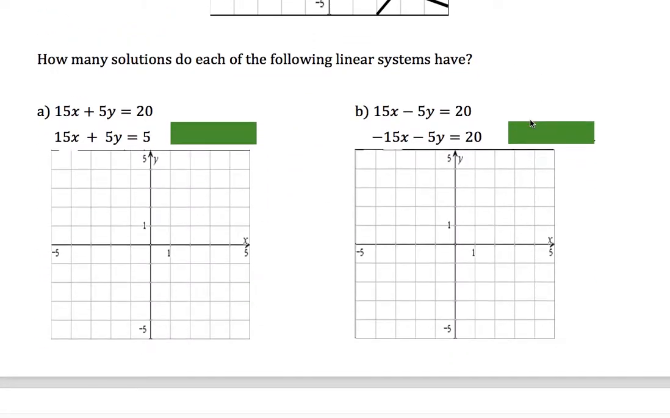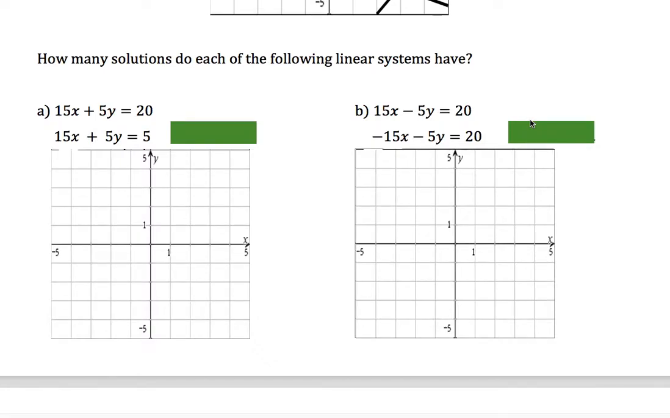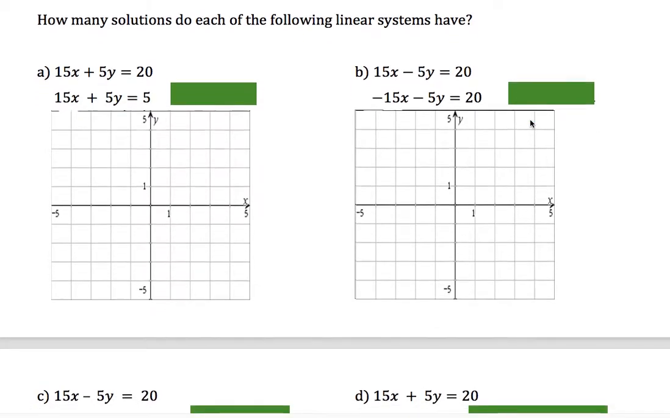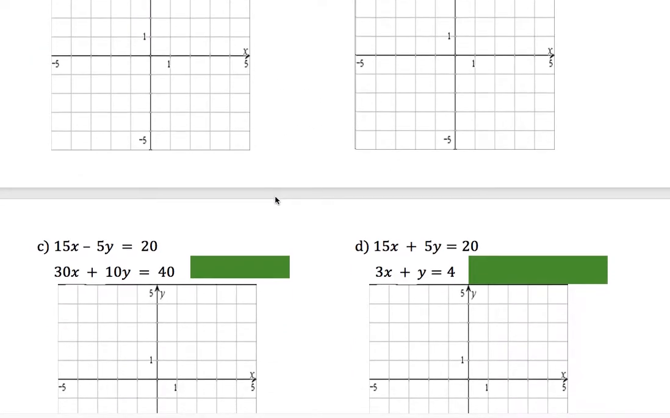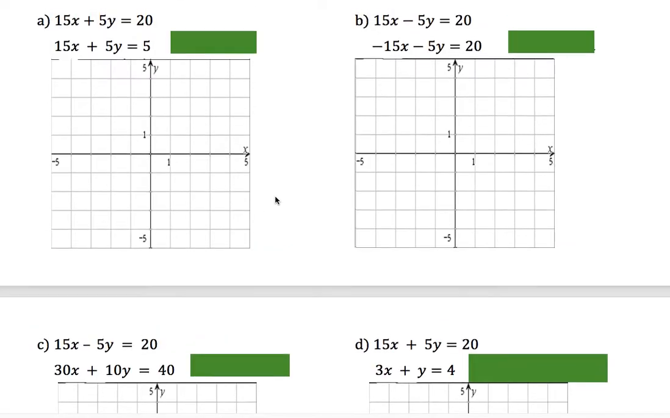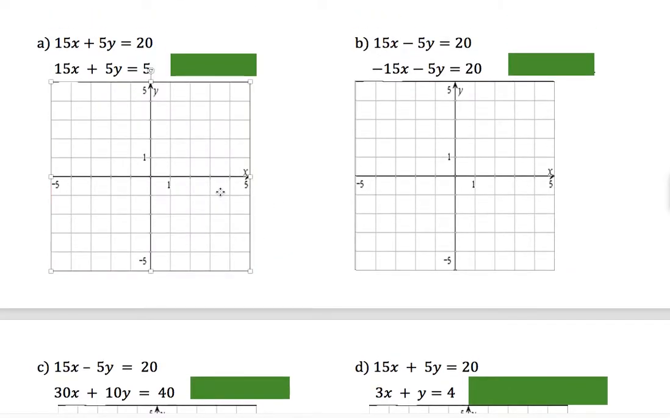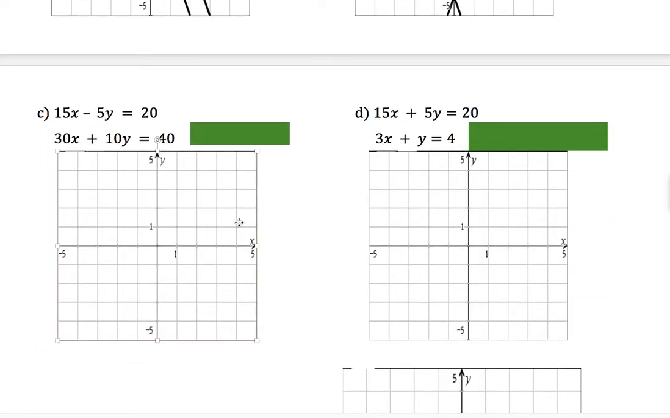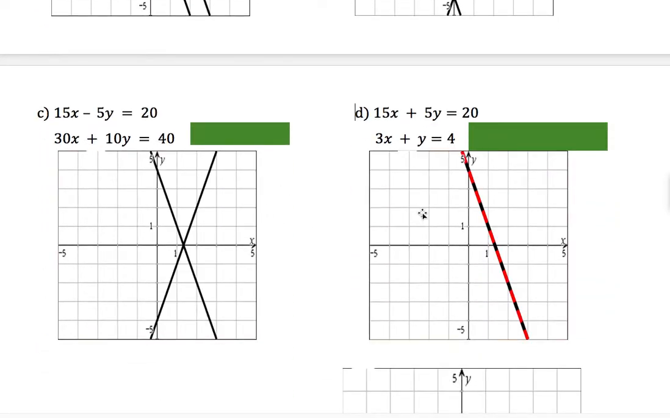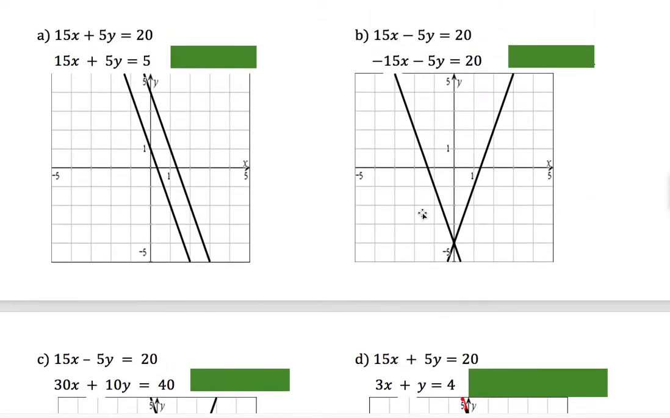With this one, we've got several different systems of equations, and the question is how many solutions do each of the following linear systems have? The best thing to do would be to graph these, and I've graphed all 4 of the problems already, so I'm just going to first show you what the graphs look like, and then we'll talk about how many different solutions they have here. All right, so the first one, notice we have 2 parallel lines, and with those you